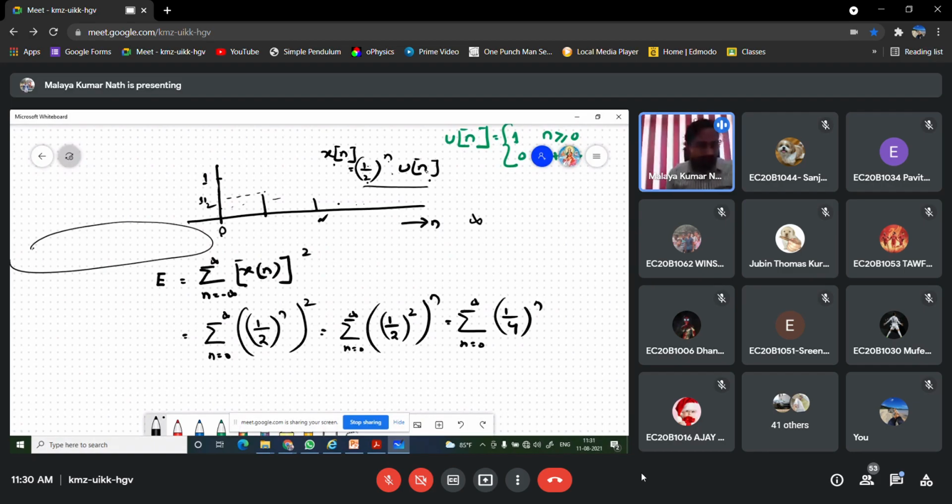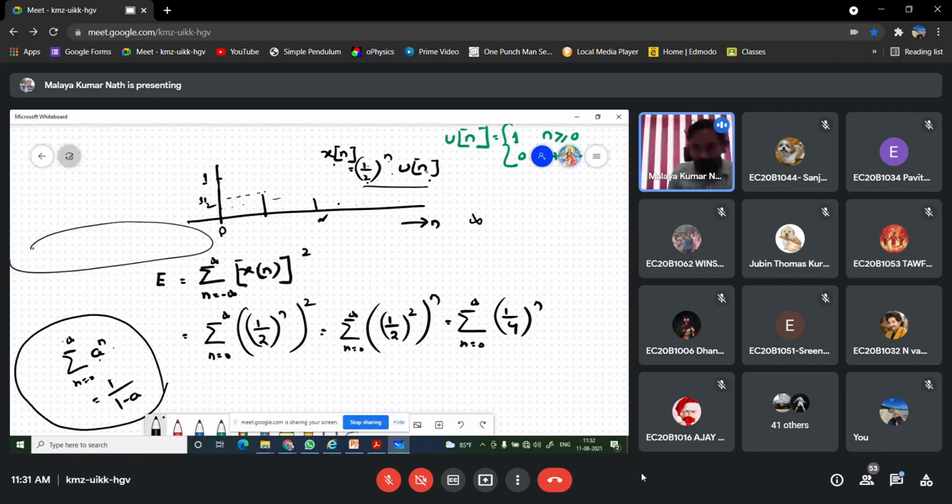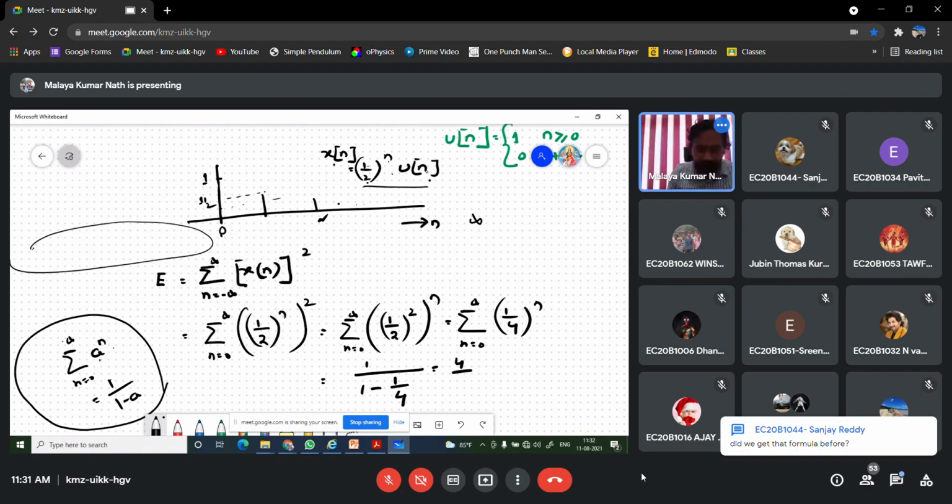There is a formula. I don't know whether you have studied it in your mathematics or not. Summation n equal to 0 to infinity a to the power n, where a is a finite value, will be represented by 1 upon 1 minus a. Yes or no? Have you studied this? That is, summation n equal to 0 to infinity a to the power n is equal to 1 upon 1 minus a. So now if I substitute this formula at this point, this value will become equal to 1 upon 1 minus 1 by 4. So how much will it be? That will come to be 4 by 3. So in this case the energy is finite,